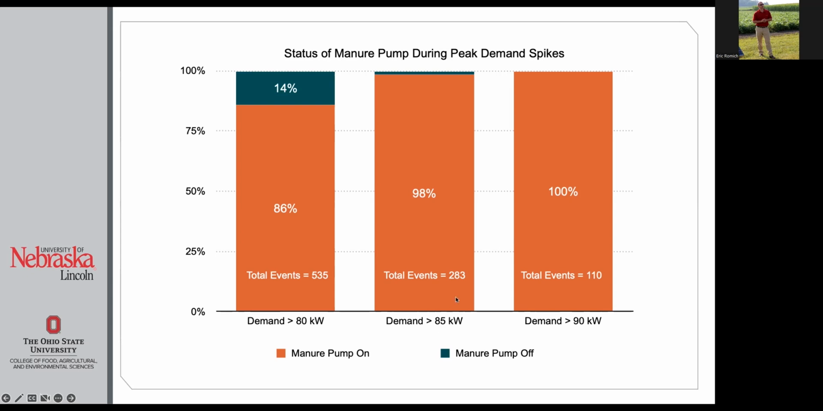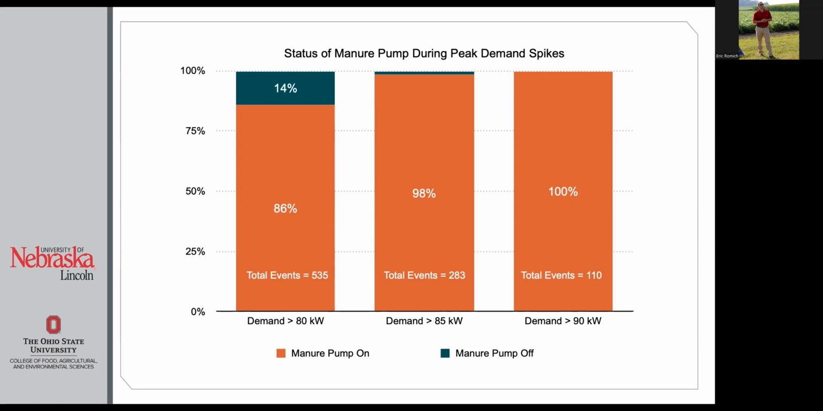If we filter our demand events over the course of the year, there were 283 demand windows in which there was a spike greater than 85 kW. 98% of the time, so 98% of those 283 events, the manure pump was on. And if we do the same thing for a demand spike over 90 kW, 100% of the time, the manure pump was on. So filtering through this data can give you peace of mind that it's not an isolated occurrence in July